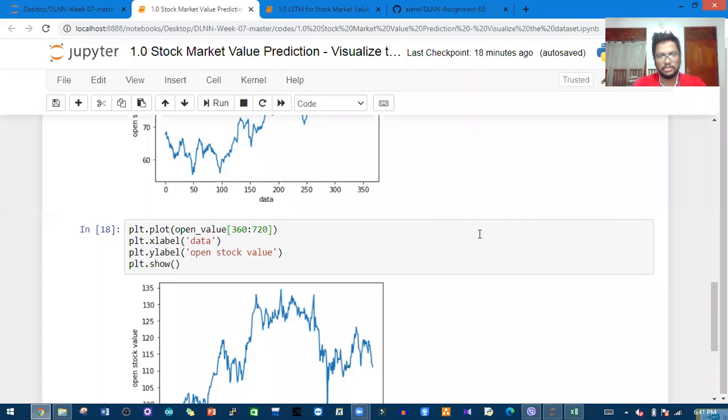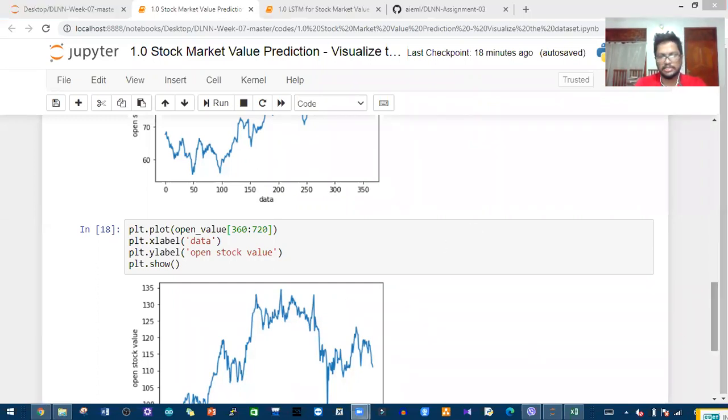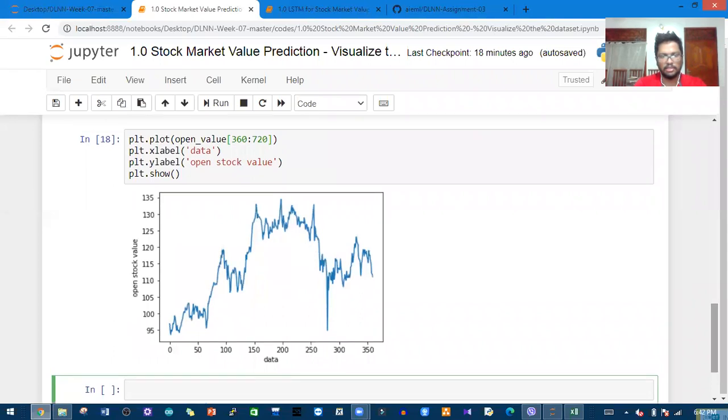Yes, for more visibility we can increase the figure. You can increase the figure size and also you can increase the quality of the figure, right? Yeah, so anyway, now